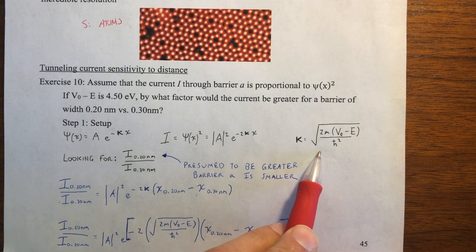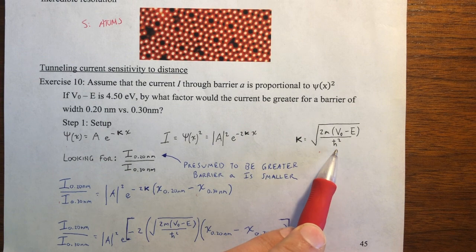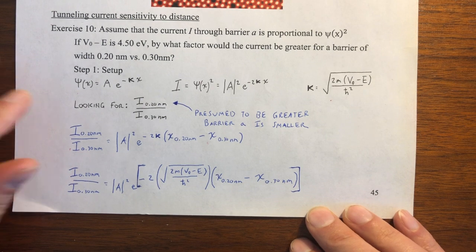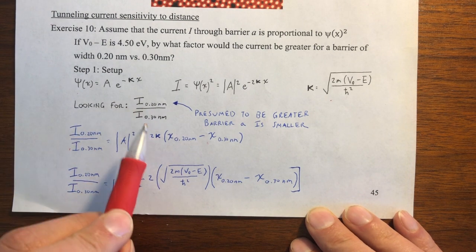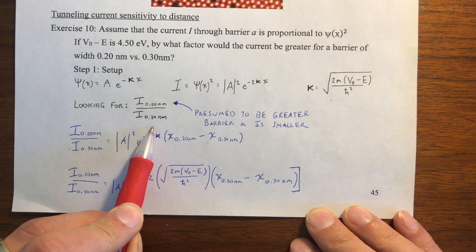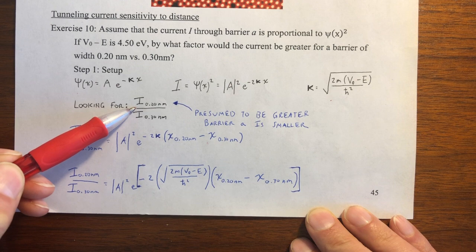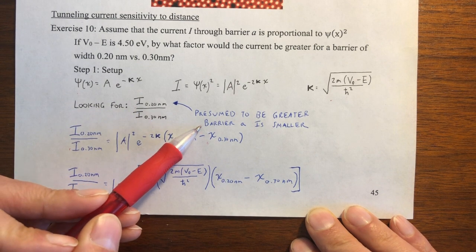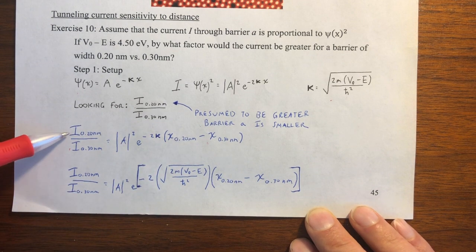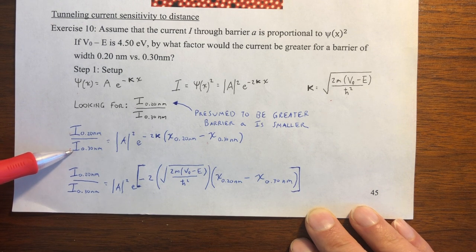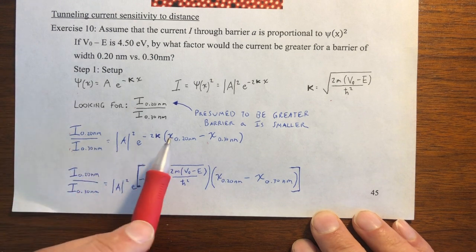Now let's redefine again what kappa is equal to. That's going to be the square root of 2m times the difference in potential energy and total energy divided by h bar squared. So what we're looking for is the ratio of the current at 0.20 nanometers to the current at 0.30 nanometers. In the numerator, we have 0.20, that is the more narrow distance, and it's presumed to be greater current for a barrier that is smaller. So when we take the ratio, we have I at 0.20 over I at 0.30, and we bring in a